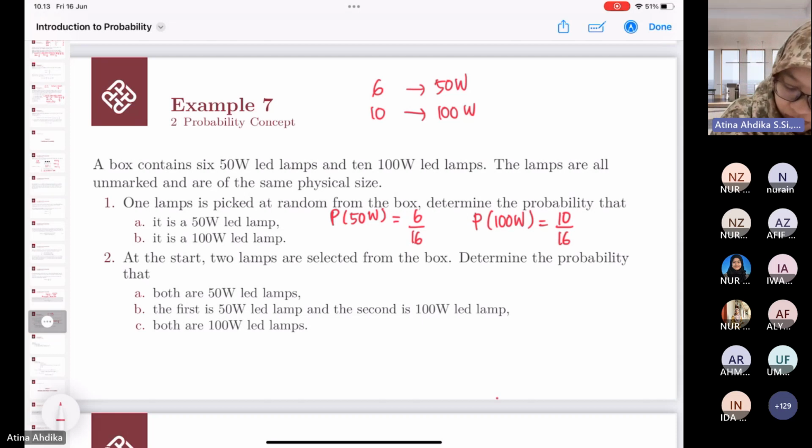So we have here the probability that both are 50 watt is equal to